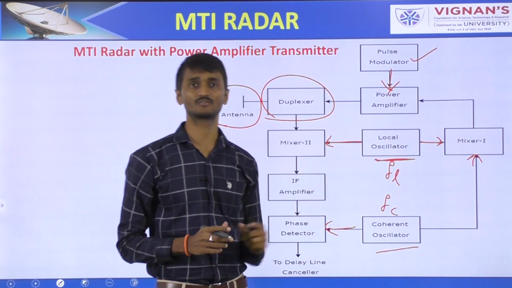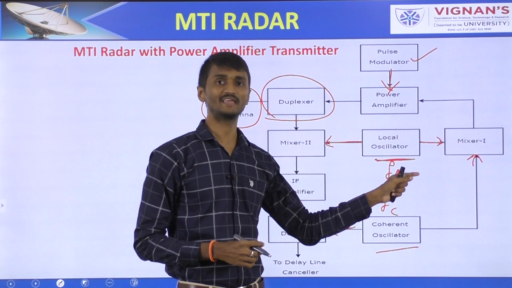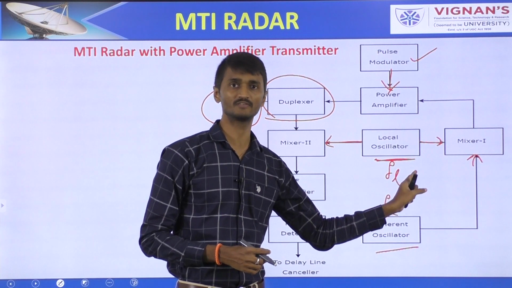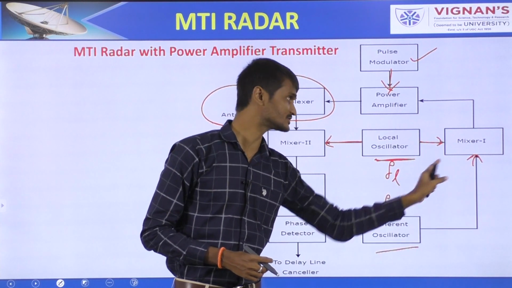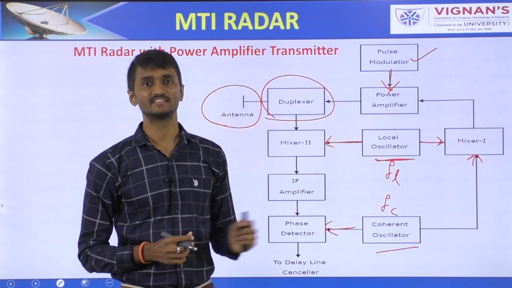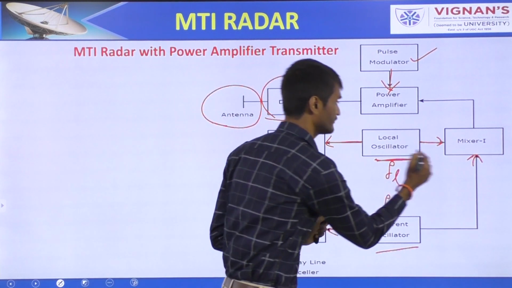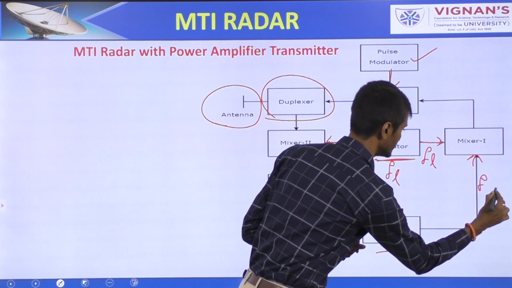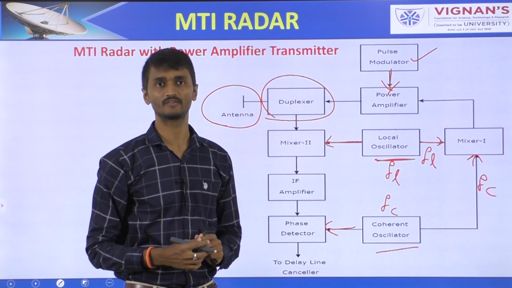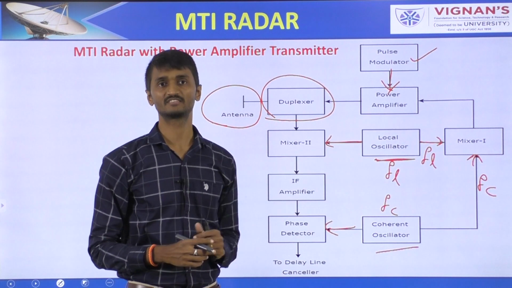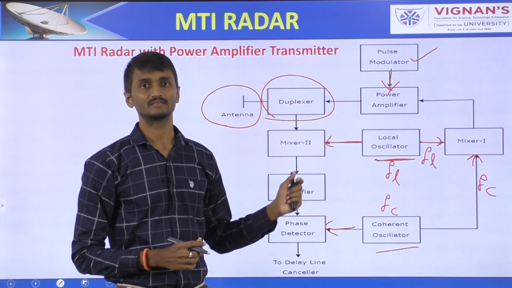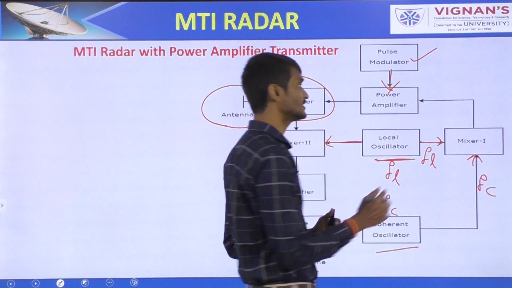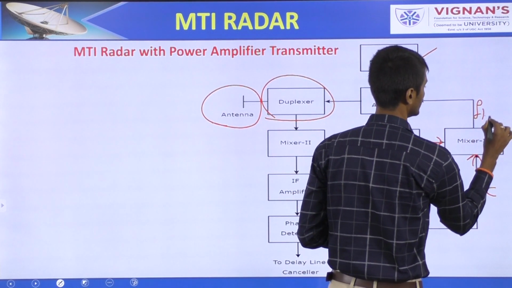So coming to mixer 1. Mixer 1 can produce either the sum or the difference of the frequencies that are applied to it. Here the signals having frequencies of FL, that is the local oscillator frequency, and FC, that is the coherent oscillator frequency, are applied to mixer 1. Here mixer 1 is used to produce the output which has the frequency of FL plus